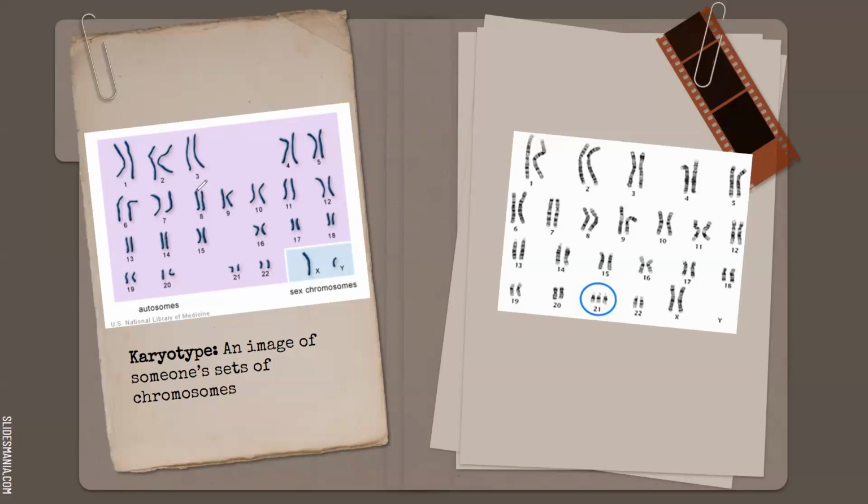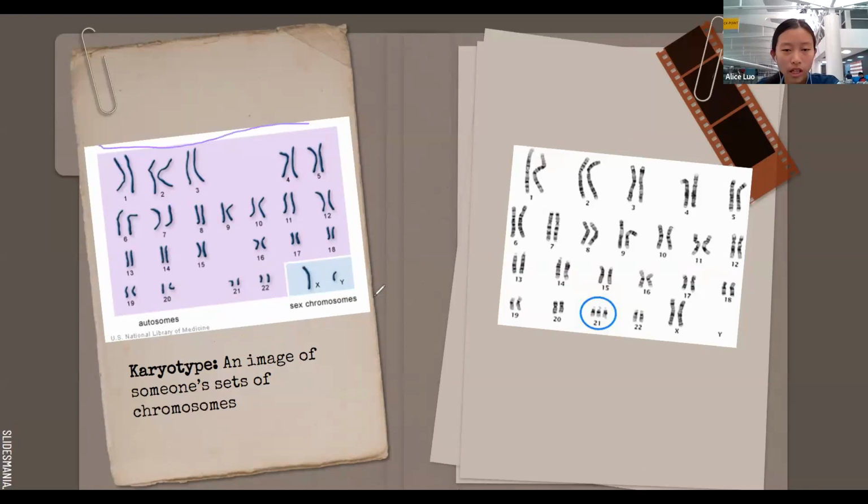So this would be a normal karyotype. You see we have two chromosomes in each pair, and there's 23. The sex chromosomes we call X and Y. Then if you notice on the right in this image, there are 3 chromosomes in the 21st pair. This is called a genetic disorder. You might ask, why do they have 3 chromosomes? Well, it could be for a multitude of reasons. For example, sometimes when our cells copy chromosomes,